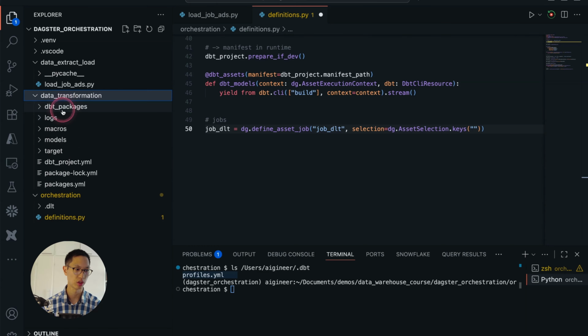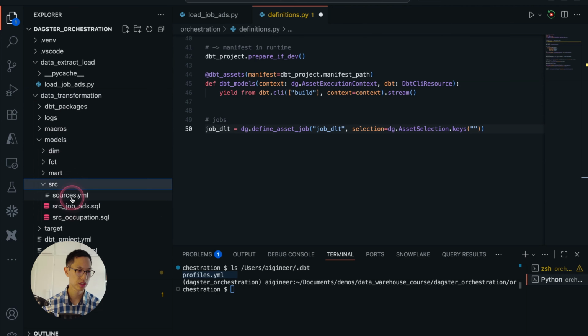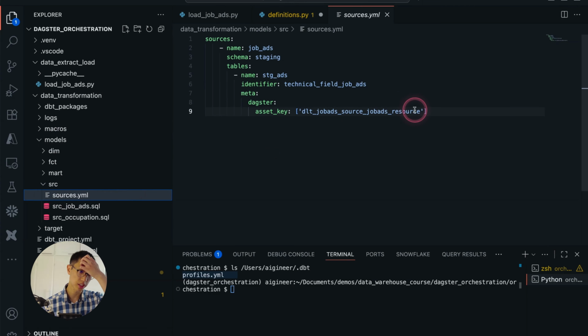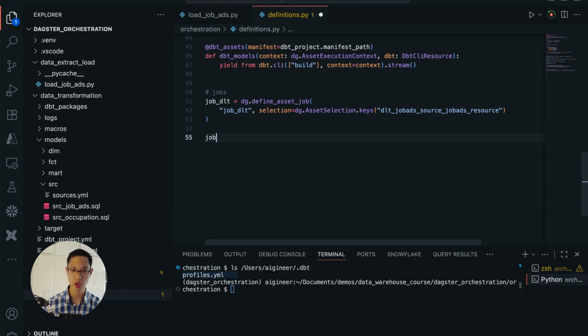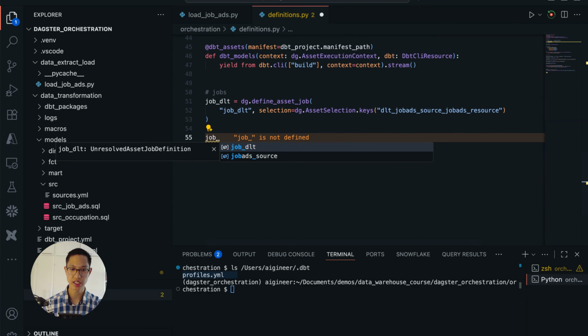We have our macros, models, targets, our models, right? Source, sources.yaml. We have this one, and it should be the same. I copy this one, paste it in here, source, and then we'll have a job. That is our DLT, and then we'll have our DBT